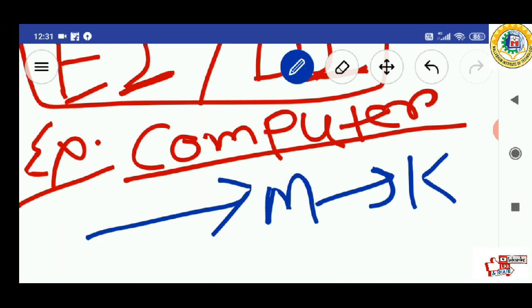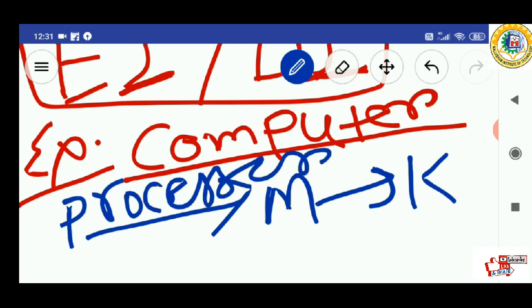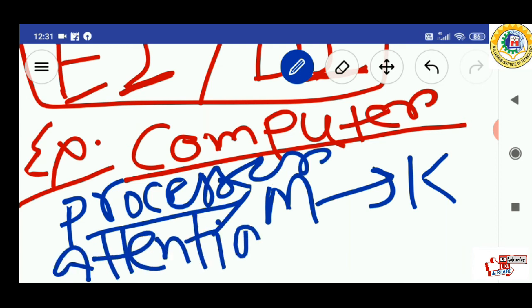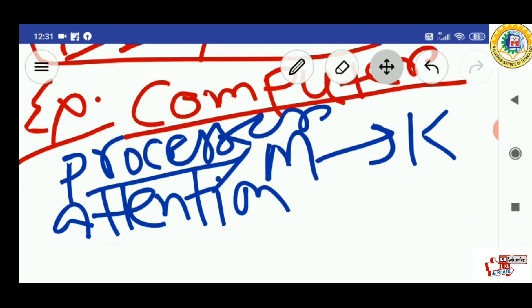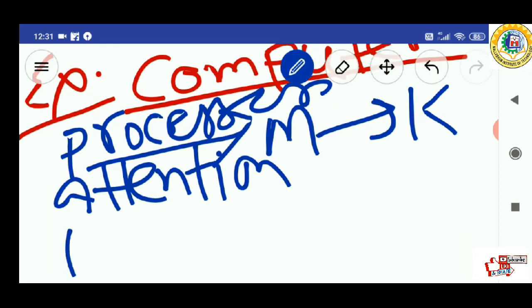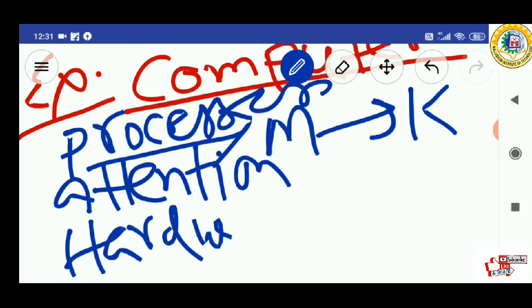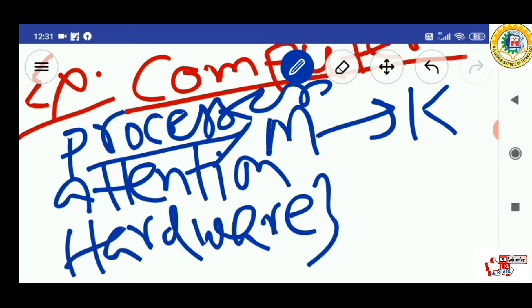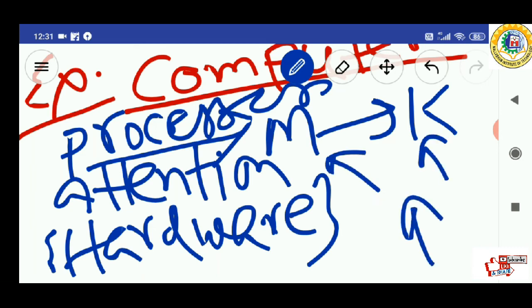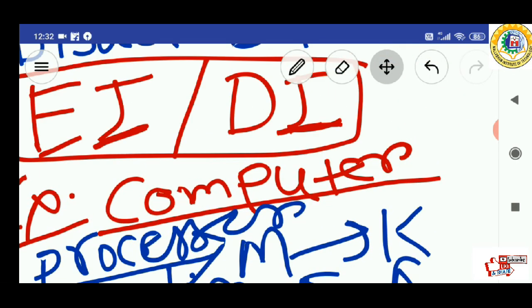So if you want to move the processor's attention in the case of hardware, this is a hardware interrupt. It may be the mouse, maybe the keyboard, maybe the printer, whatever the operation may be, if we want to get the processor's attention immediately, then we use these two instructions, EI or DI.